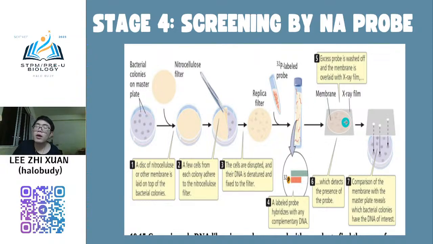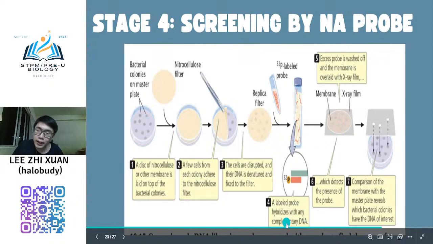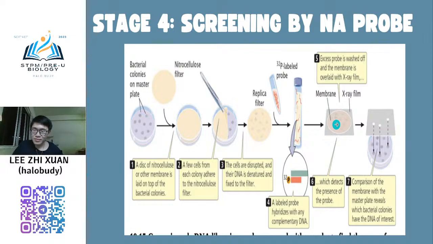After that, it will directly hybridize with any complementary DNA. So it will hybridize with this nitrocellulose filter.